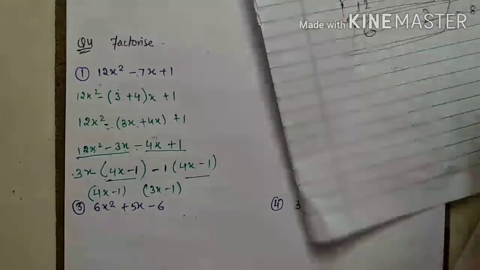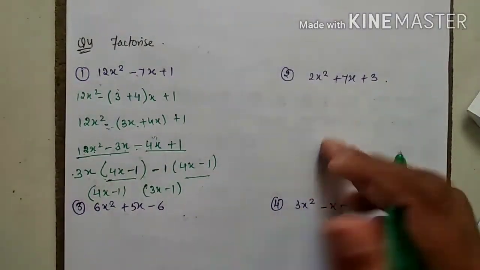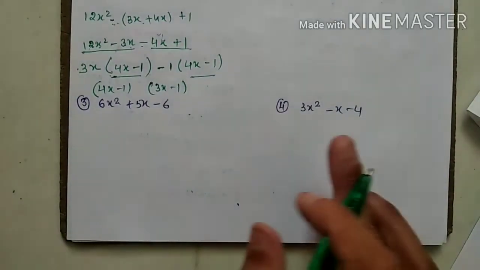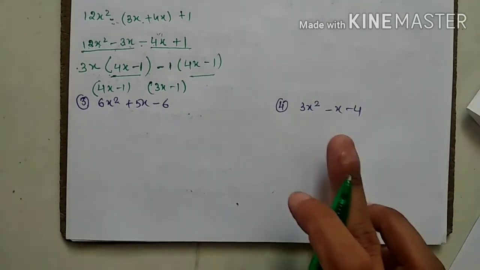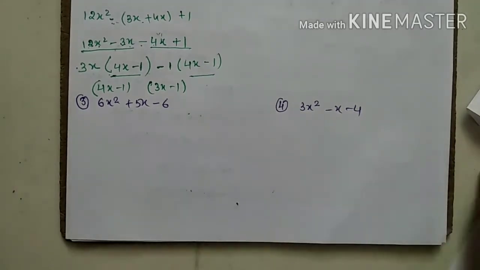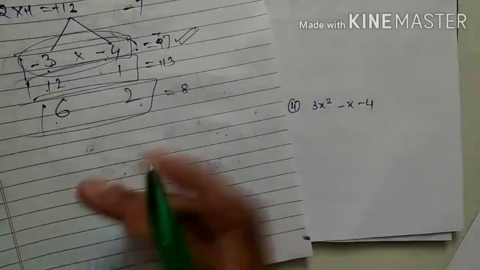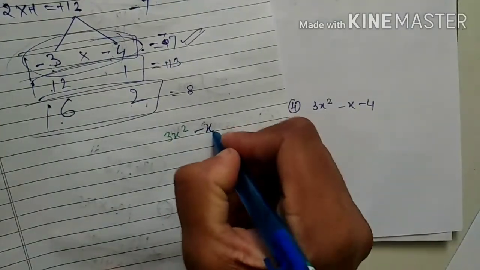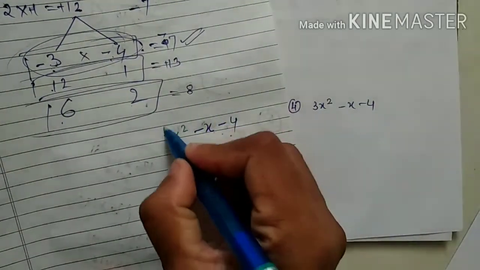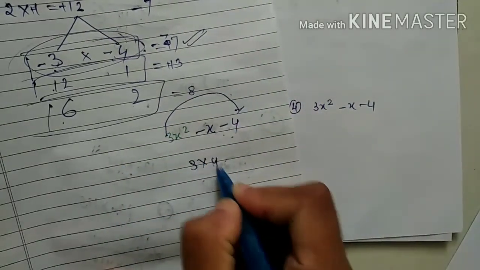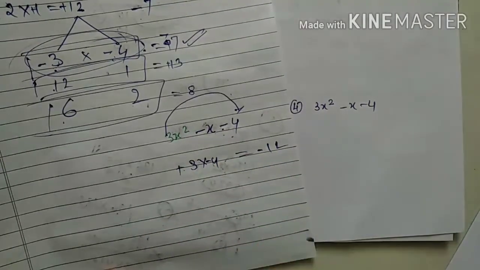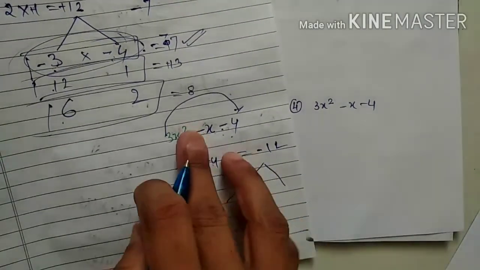Is it clear? After that, I am giving you this question as homework, and I am solving this question because there are 2 minus terms, correct? Just see how I will solve it. What is the question I have? 3x square minus x minus 4. Just see, 3 into 4, it means 3 4s are 12. But see, here is negative, so the product becomes negative 12. I have to find the factors to get 1.